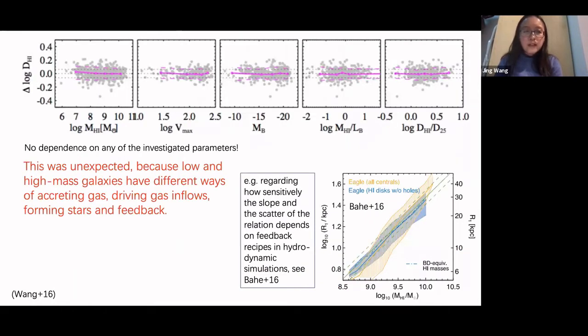And if we further quantify the offsets of galaxies from the mean relation, delta D_H1, we plot it as a function of other properties of those galaxies. Here are M_H1, V_max, B-band absolute magnitude, the H1 richness, and the H1 diameter over the optical diameter. We found the slope and the scatter of the offsets do not change at all as a function of all of these parameters. This is very surprising because here, with the very wide dynamic range, we have dwarf irregular galaxies